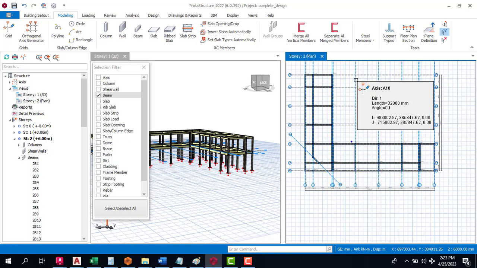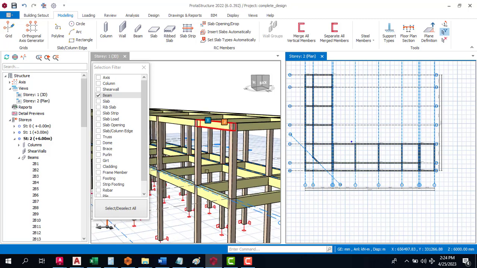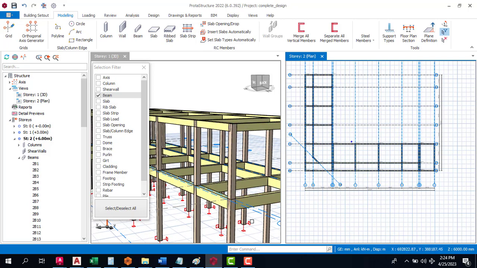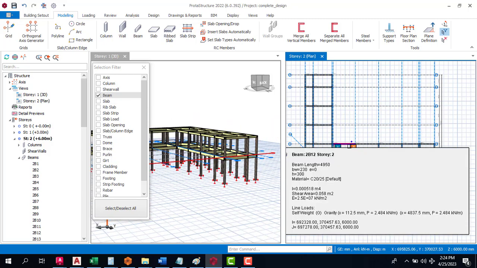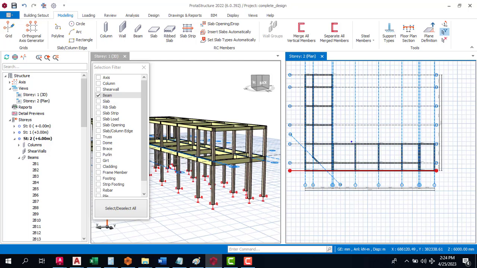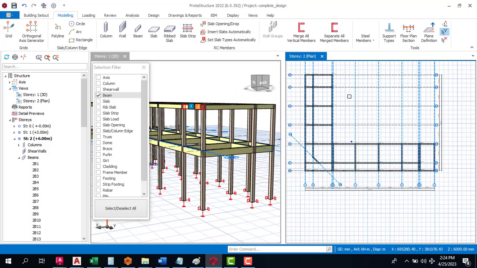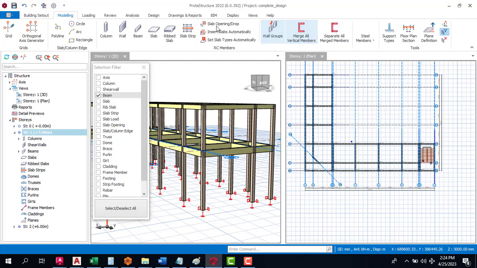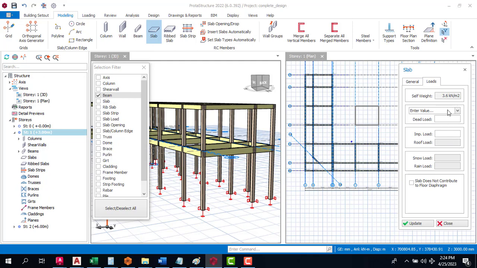Okay, now you can see here, if you zoom this, you can see from the 3D that this beam is looking bigger than this, which is very okay, and that is exactly what I want. But mind you, I have not inserted my slab here. So I'll come here and I'll click here, and then I'll double click on story 1, and then I'll come to my slab. Then I will insert the thickness of this slab to be 150, and then I'll come to the loading here,